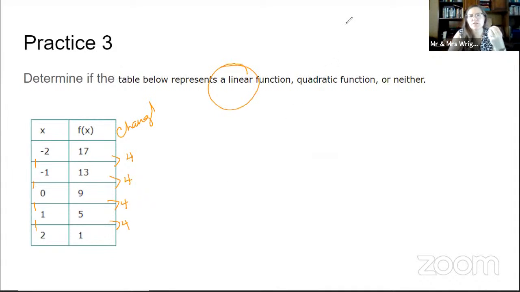All right, so hopefully you can see how to tell the differences between linear, quadratic, or if it's neither of those, just from looking at a chart. But also after this lesson, you should be able to tell what the slope is between 2 points on a quadratic function. So I look forward to seeing you